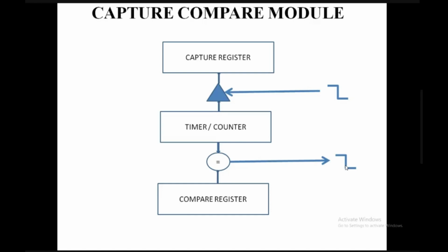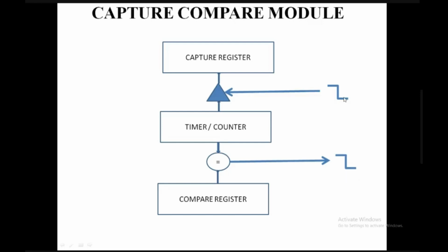For that purpose, this compare register output pulse is connected to the tri-state buffer here, where whenever there is a transition in this capture pin. This is called the compare match pin, and this is the capture pin. CCP, that's what CCP means, capture compare. So we talked about compare now. Whenever the compare matches, it produces a PWM.